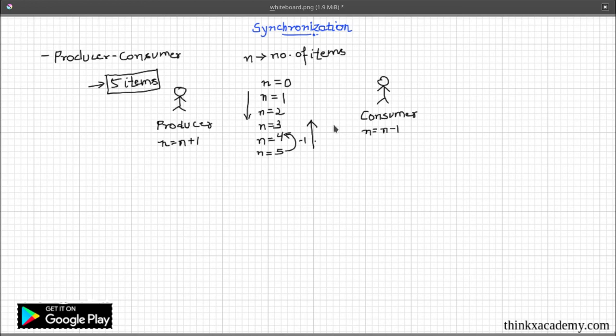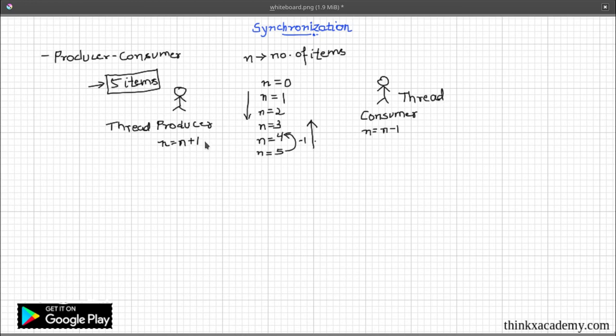This is the ideal situation we want: the producer should first produce all 5 items, and only then can the consumer consume them. Now in multi-threaded programming, let's suppose this producer is a thread, and this consumer is also a thread,